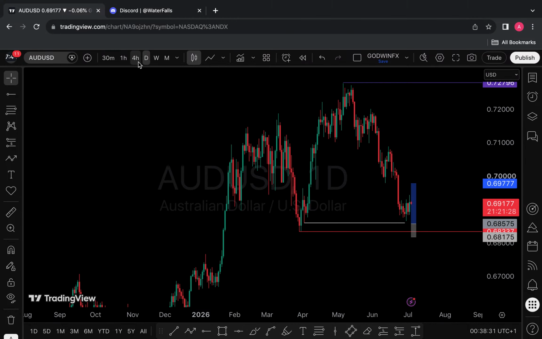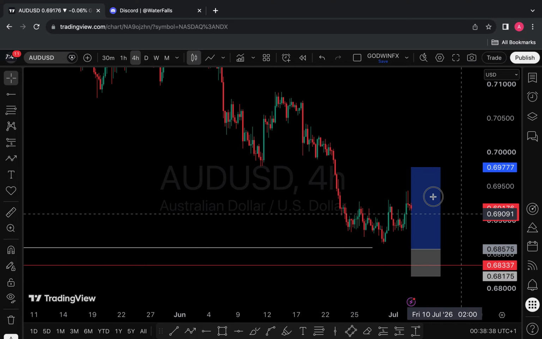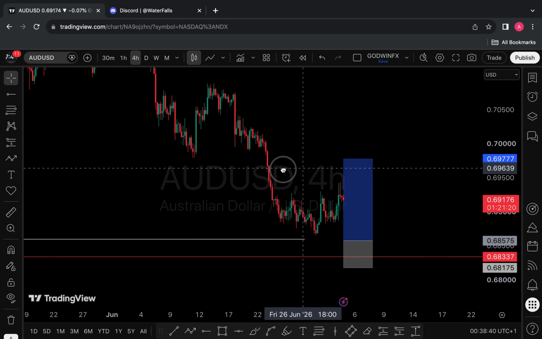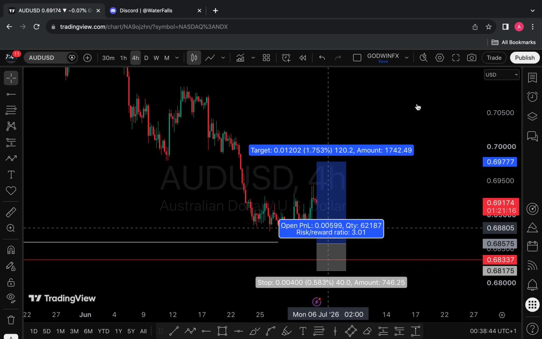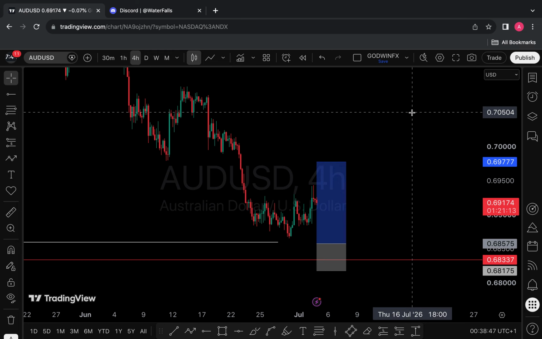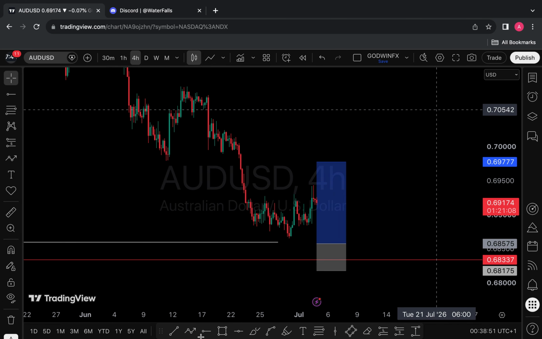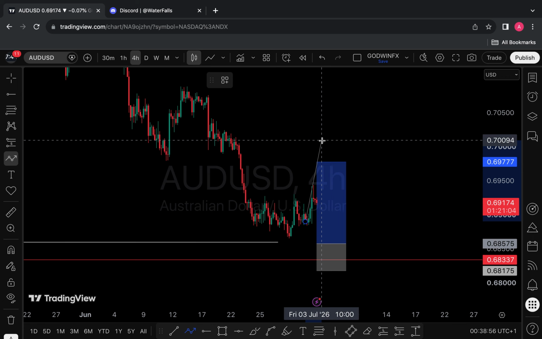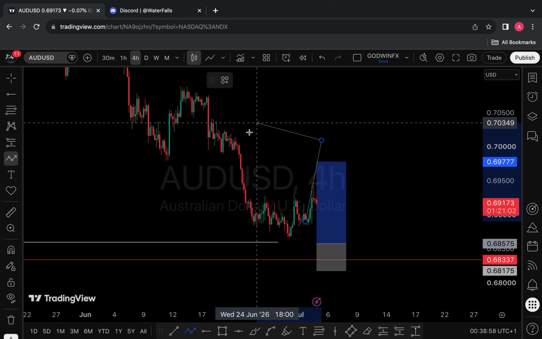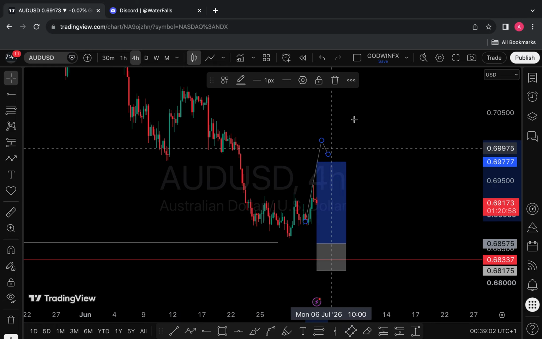So now, when I go to my lower time frames, starting from the 4 hours, I only look for opportunities to buy. According to my own strategy, I will just be looking for opportunities to buy. You know, I taught you that in an uptrend, market creates a series of higher highs and higher lows, right? So since my directional bias already tells me to be looking for opportunities to buy until this